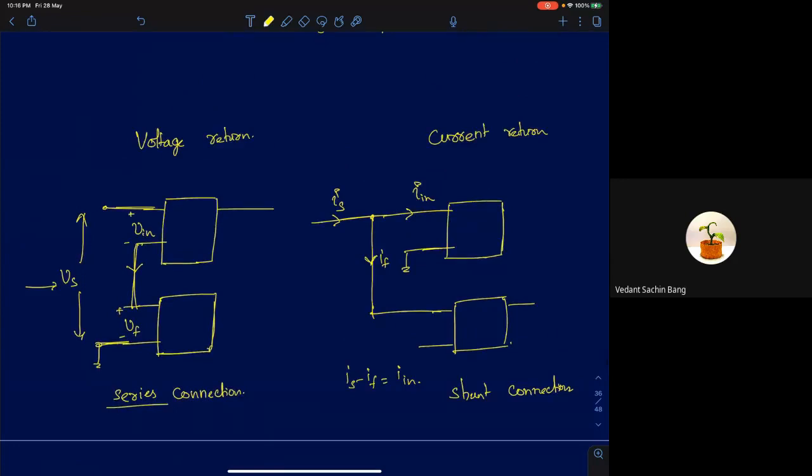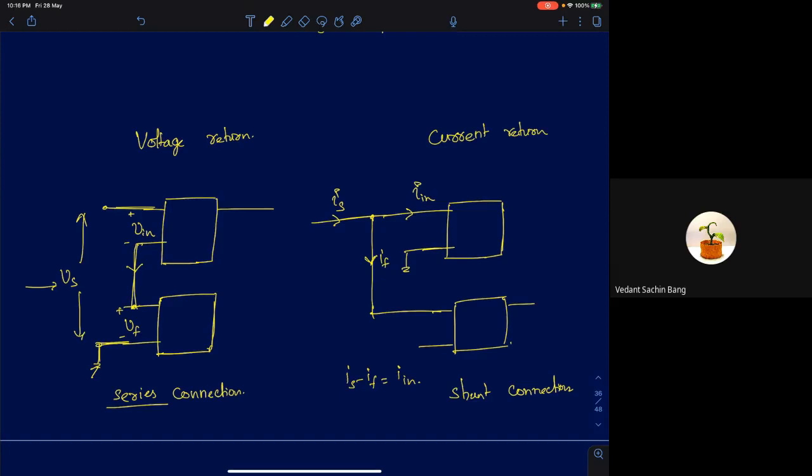I want to return voltage back. I can't connect it in parallel. If I have to return voltage, I have to connect it in series, because if I connect it in parallel, then I'm trying to enforce two voltages at the same node. That's not possible. You will be violating Kirchhoff's voltage law.